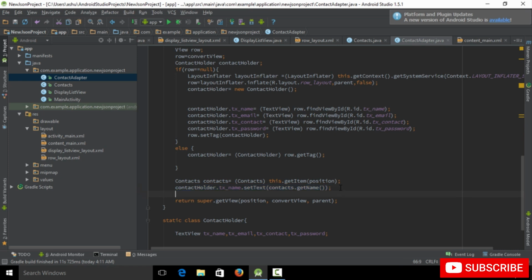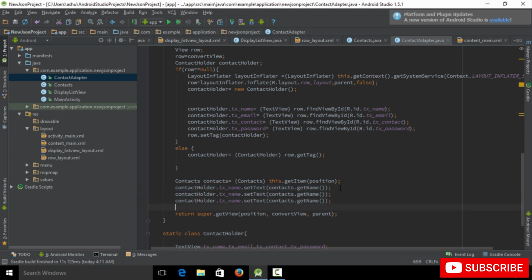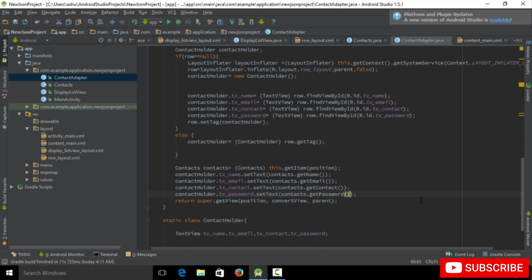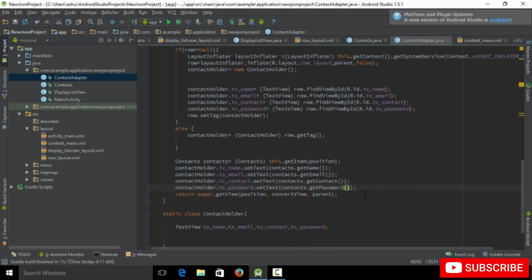So I'm going to simply copy this thing, paste it thrice. So this is for the email, contact and password, and this is for the get email. So I'm going to replace this by get email, replace this thing by get contact, and this thing by get password. And finally, once everything is done, the last thing which we could do is that we could go here,